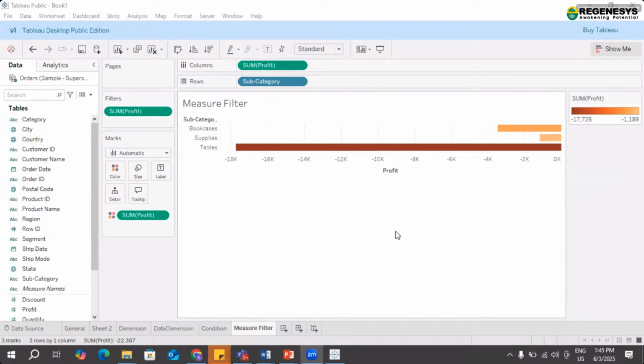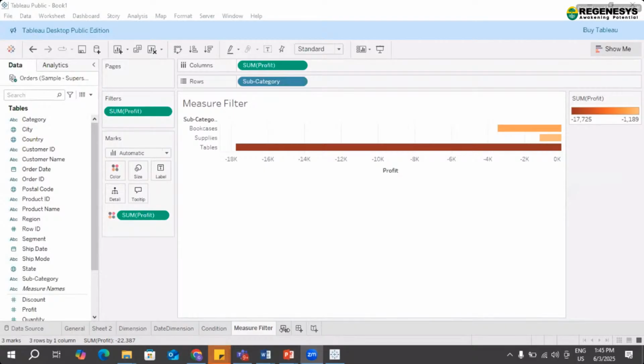Okay, so now, what we are doing is we have this general dimension, date, condition, measures, everything with us. Now we will be performing the dashboards. So here you can see we have an option of dashboard.